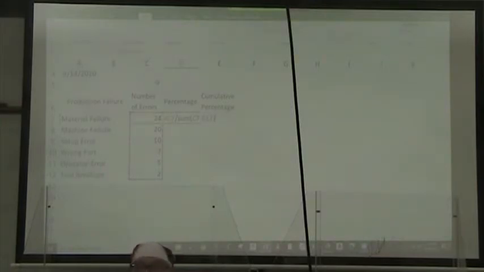Everybody understands that will give me percentage, right? All right, but I don't want to have to retype that over and over again